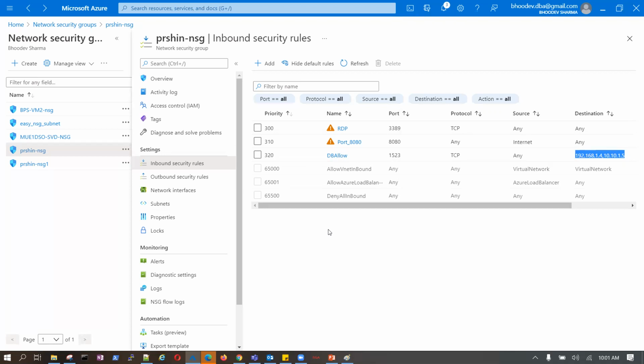Okay, let me give one question here. Now you look at Prashant, who created this rule, right? And this is coming from the internet, right? Is that clear? Prashant created this rule, and this is coming for 8080. Okay, web server. I am taking a web server. It could be other also, but ideally this is a range of web server. I'm taking this web server, and now you've gotten a report.